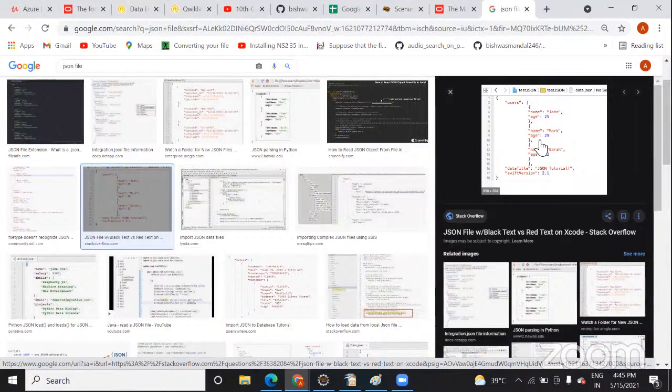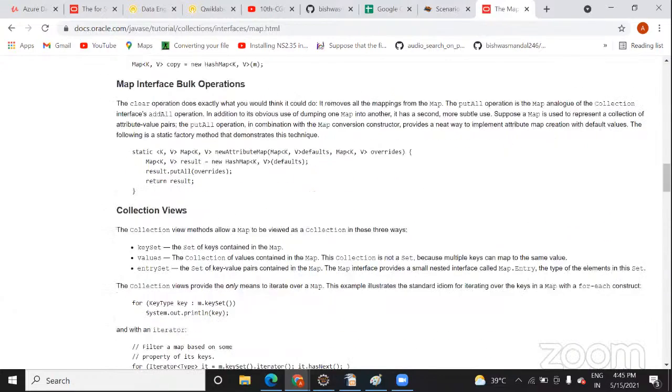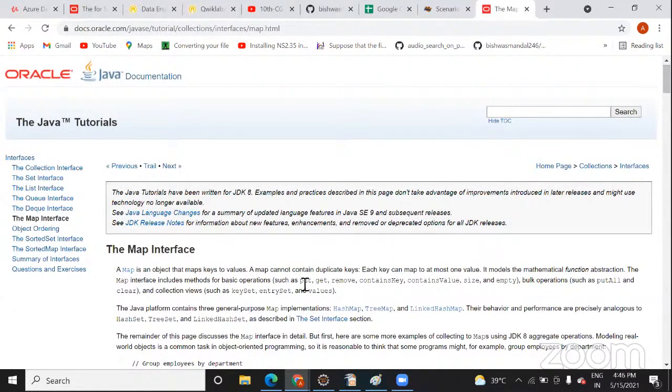So here you can save the data and you can access it. HashMap is also the same. It is a collection that is used to save the data in the form of key and value, and you can access it, and perform several operations as well. One more thing: in the hash map you do not use add, you use put in order to add an element. In order to get an element, you use get, and you pass the key within the parentheses. If you want to remove, you use remove. To check for a particular key, you use containsKey, and there is size.